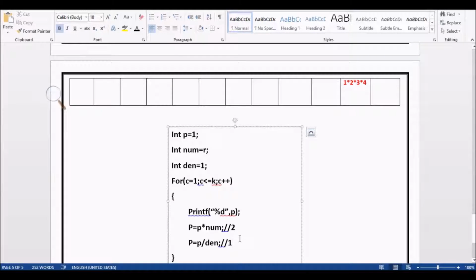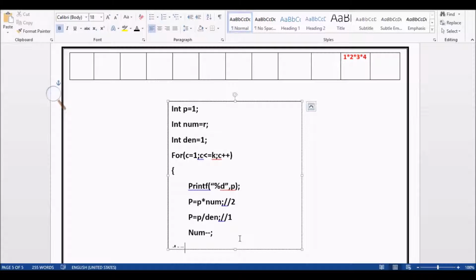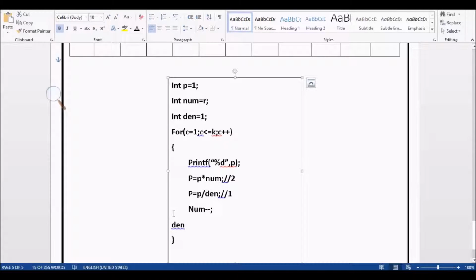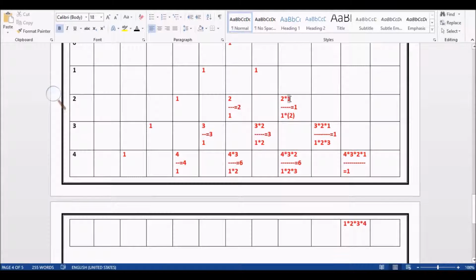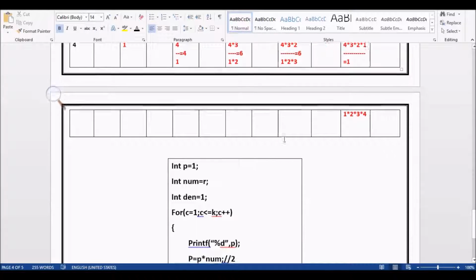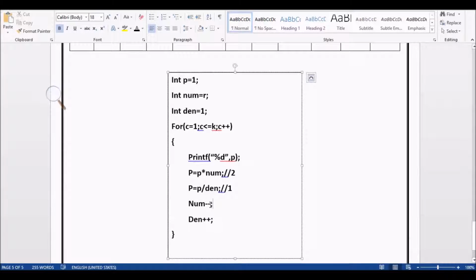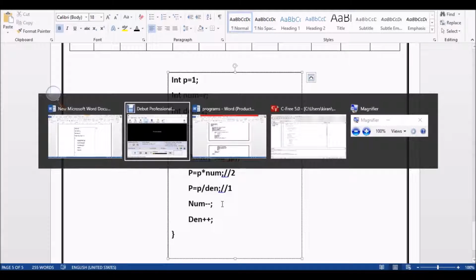After that we are going to decrement the numerator, and the denominator we are going to increment. Okay, see here, we are going to decrease the numerator by 1 value and increase the denominator by 1 value. Okay, so this is how the logic works.